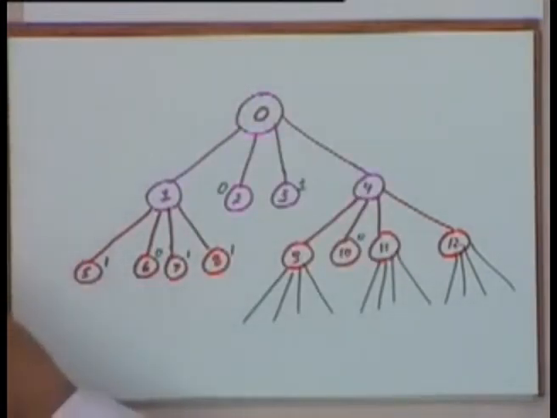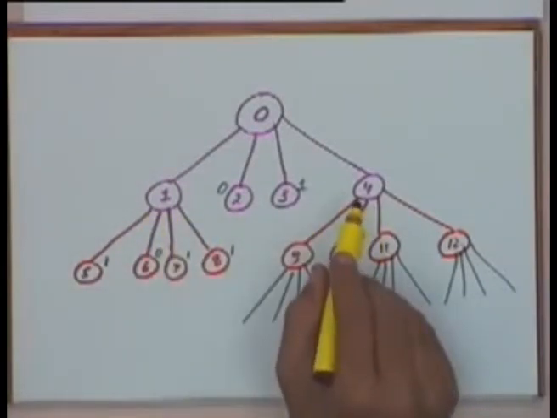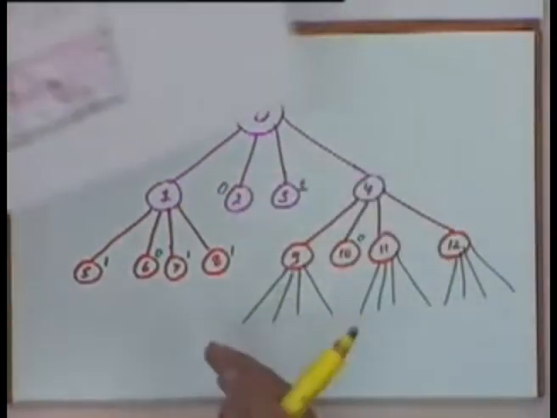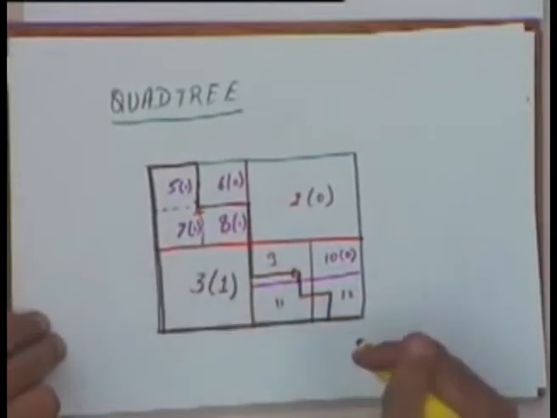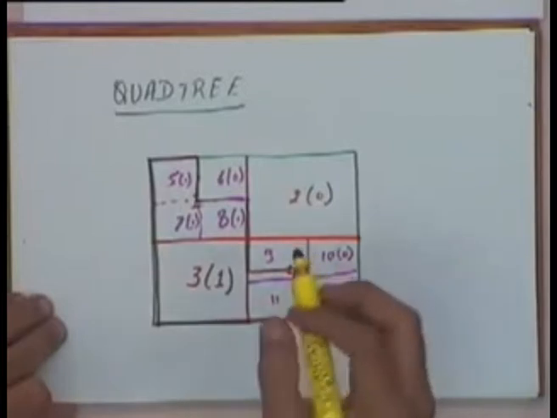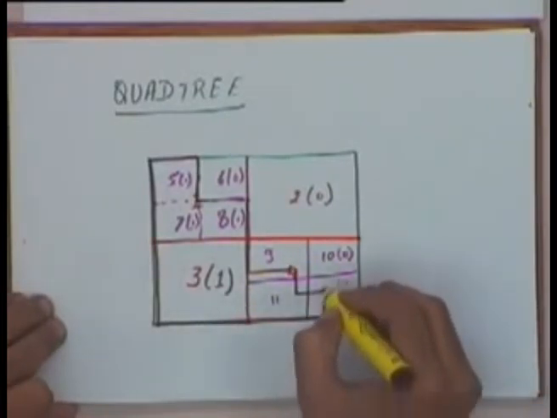At every node we are dividing a space into 4 parts, and for each part we are trying to say whether it is inside or outside. This way we can continue till the whole of a solid or the whole of an area has been marked with zeros and ones, or till, let's say, some portion, let's say if I divide this 12 further,